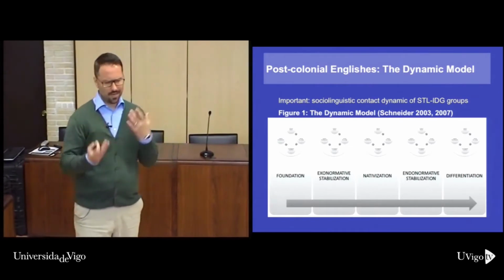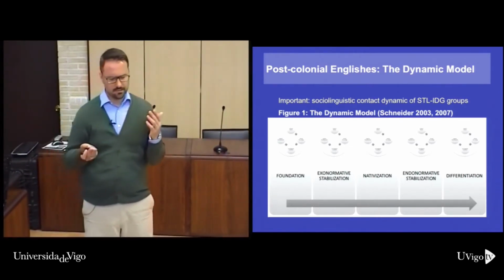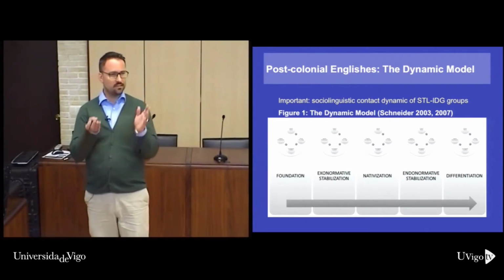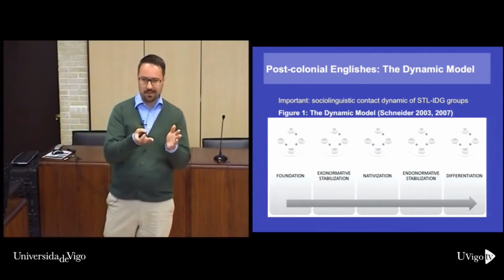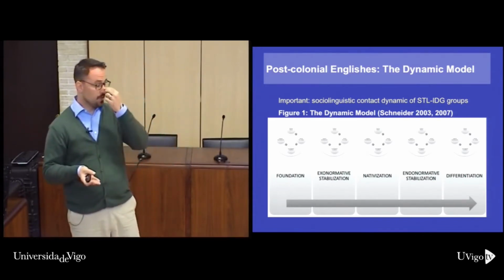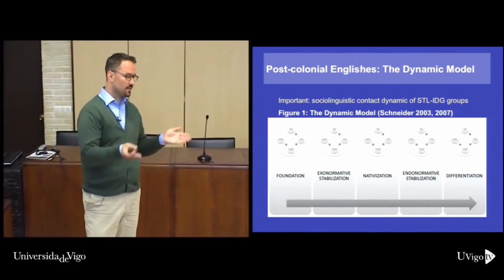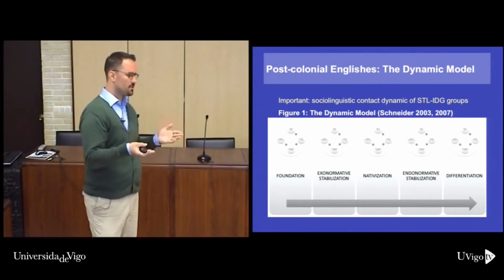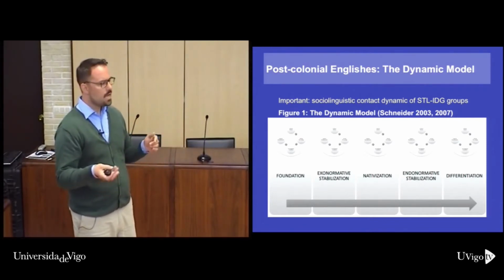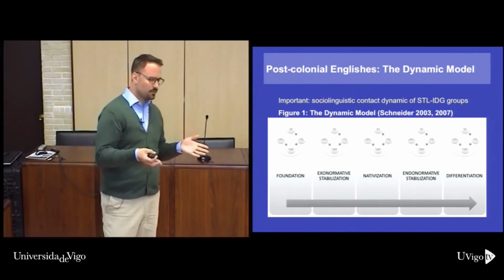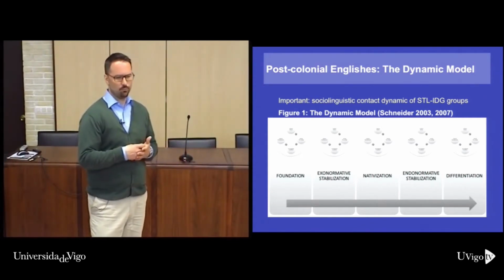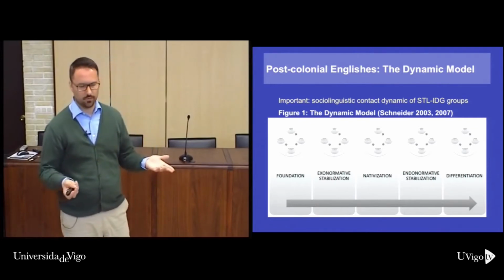Because if you remember, one of the classic models in variation studies in New Englishes is Kachru's three circles model, where he said there are inner circle varieties, first language varieties, for example British and American English, but also Australian and New Zealand English. And then you've got outer circle varieties, second language varieties: English as a second language in Kenya, Nigeria, Cameroon, Singapore, and so on. And finally, an expanding circle where English would only be a foreign language taught at school, as I would assume you and I learned it at school as a foreign language.